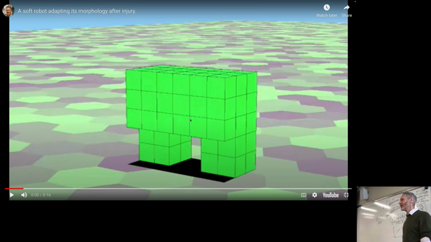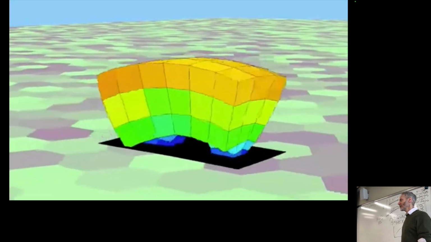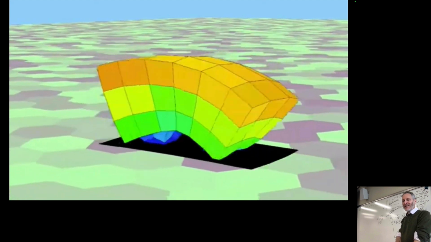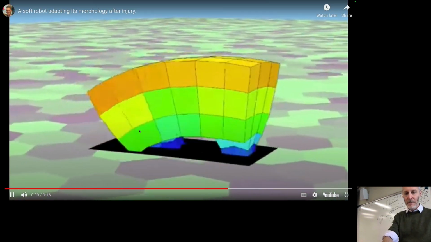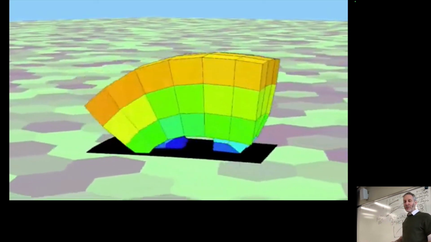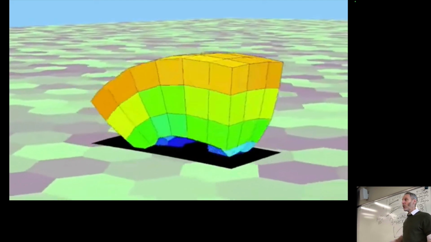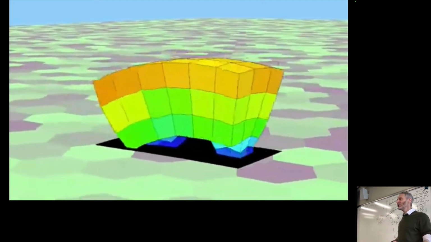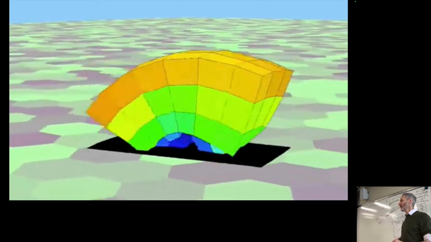It's obvious what it's going to do. Thinking about thinking is misleading. In this case, the evolutionary algorithm chose to retract the remaining two legs and revert away from legged locomotion to an earlier form of locomotion, which is,